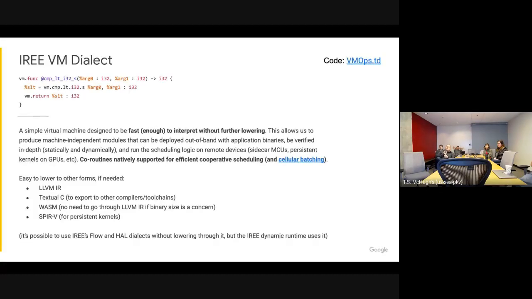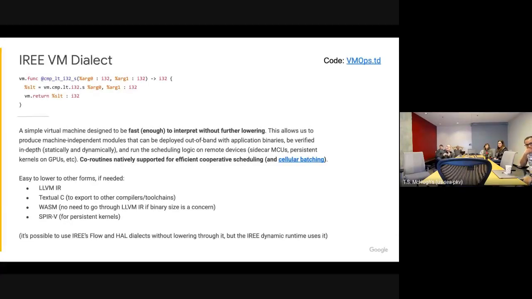Here we know exactly what we can do, and we can lower that to things like SPIR-V for running persistent kernels on the GPU. We can very trivially lower this itself to C. So if you're targeting an embedded device where you don't necessarily have a one hop to it, you need to go through some gnarly old forked GCC version, you can do that.